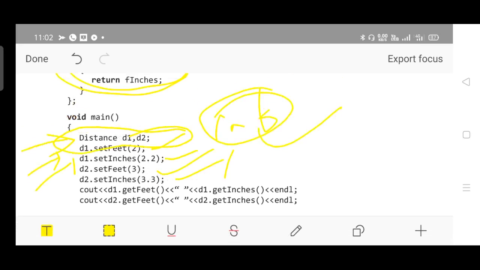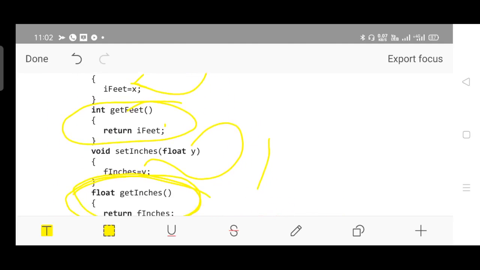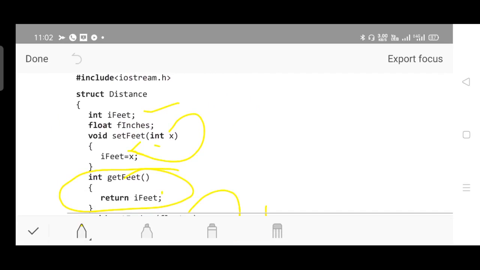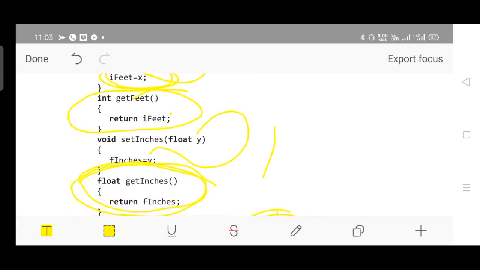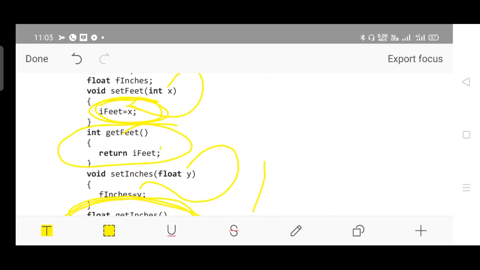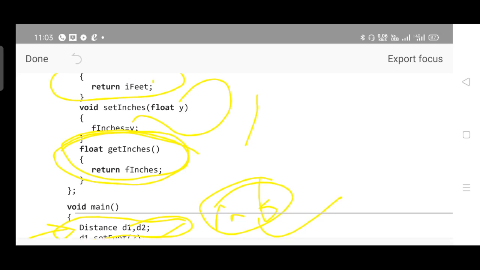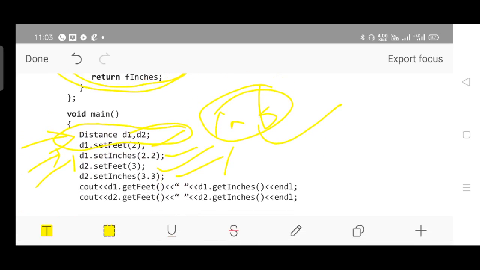What happens once you make a call for the function? With respect to d1 you are making a call for setFeet by passing value 2. So x receives 2, that is set to iFeet. The same will be returned by the getFeet function once you call it. Similarly, setInches 2.2 is passed, that is stored in fInches. So the same thing will be returned by the getInches function. The same concept is applicable for d2 as well.